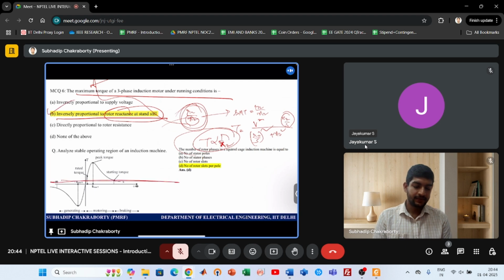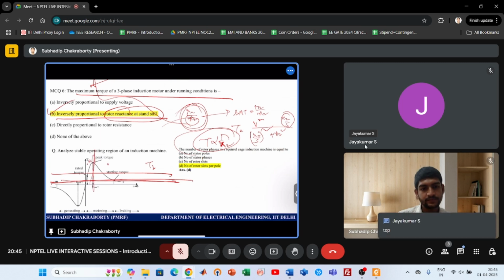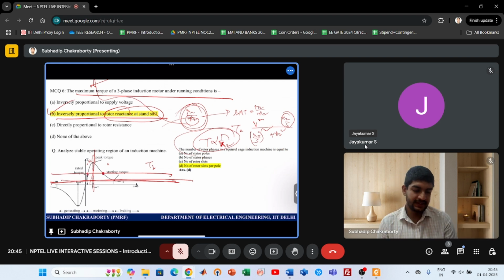And the stable operating region. What is the stable operating region? Maybe a load torque like this, and this is the electrical torque. So which side is the stable operating region? It has two intersections, right? So T should be equal to TL, right? For stable operation. Now it has two intersection points. So which point should I take? What is the stable point? In this point, if I place on this point,